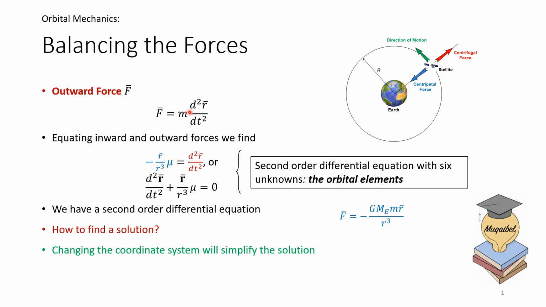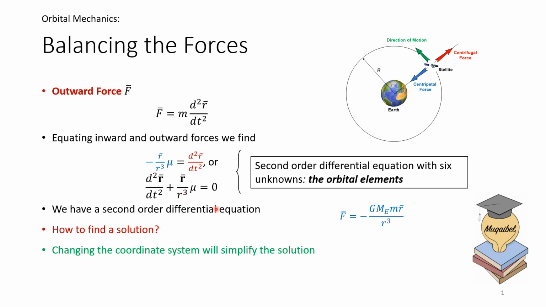We can represent that in terms of vectorial notation. It's going to be m, the second derivative of the vector r, pointing from the center of the Earth to the satellite. Now if we equate the two together, then we get the following. M would cancel with m, and GM is nothing but mu, so we're representing it with mu here, and this is what remains. If you take this to the other side, we have an equation of the second order,